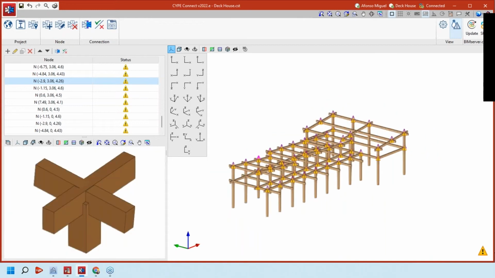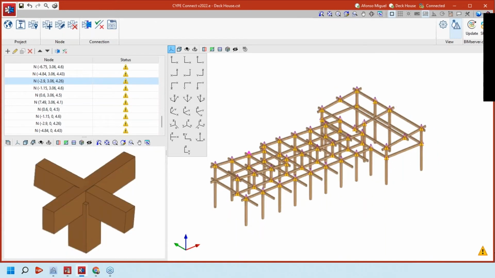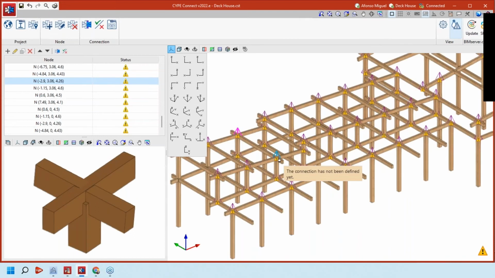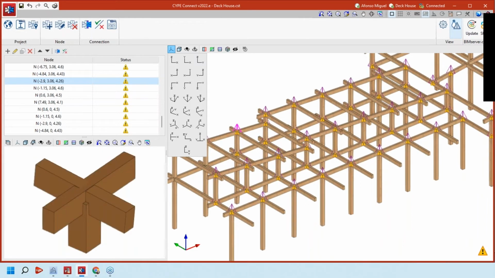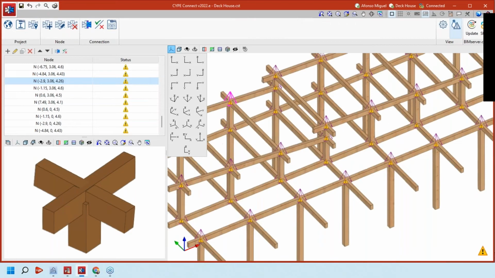Okay, so during this presentation we'll create one of them, then after we finish that, we'll jump to another example with different nodes that were calculated before, just to show you the different possibilities that we have here with the application. Okay, so I selected, for example, let's select maybe this one here that it's very interesting,